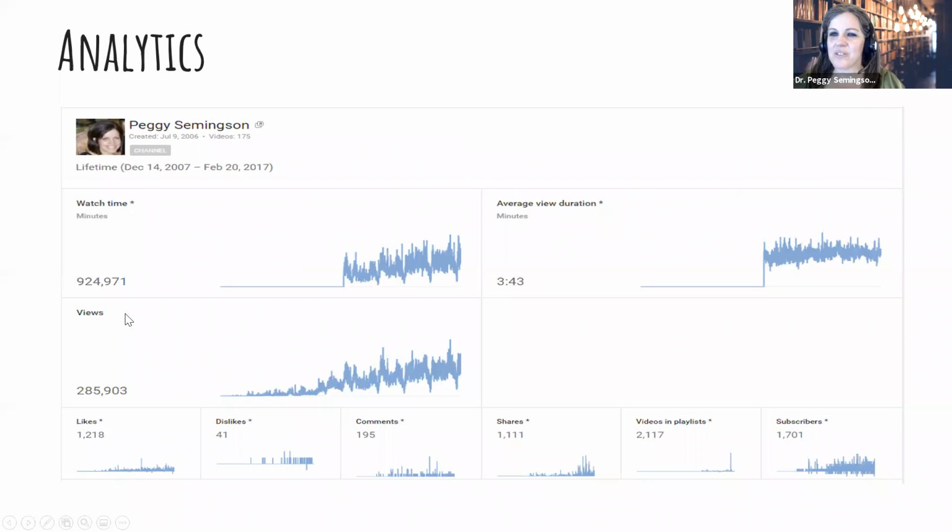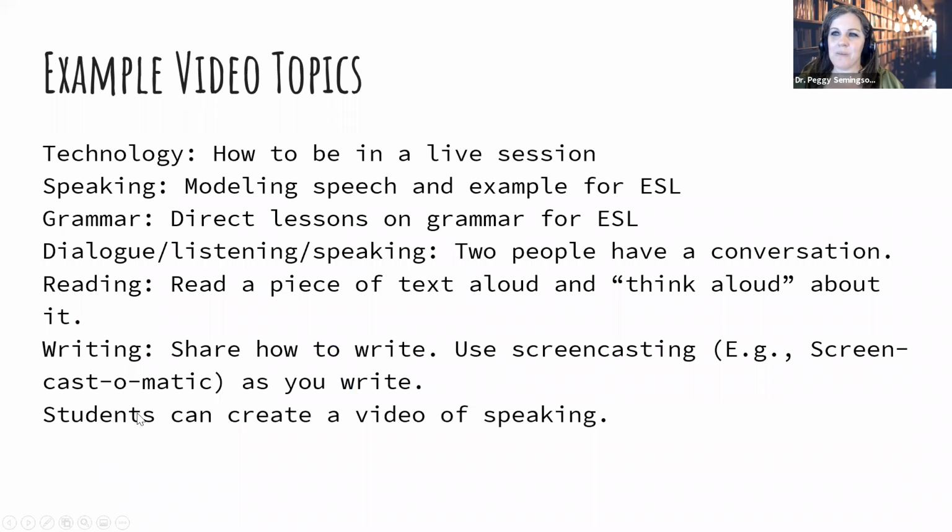Another thing you should do as an organization, and tell me what you think about this in the chat, is analytics. You track your data and you're seeing which videos people are looking at. You can look at average view duration. If they're just clicking on and then clicking off, you know that video was not engaging for that audience. So I'm a huge fan of analytics. You can put these numbers in your reports as well, in addition to using them.